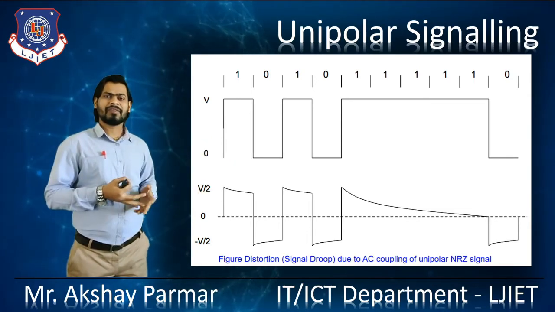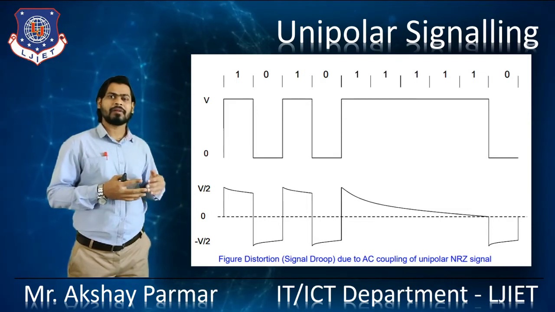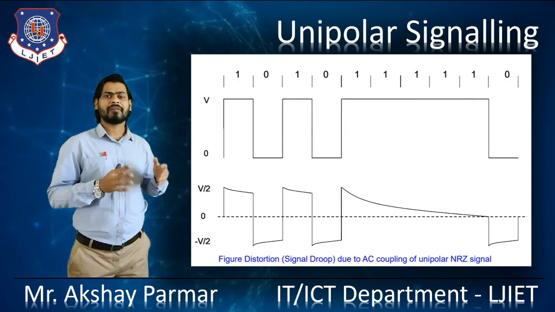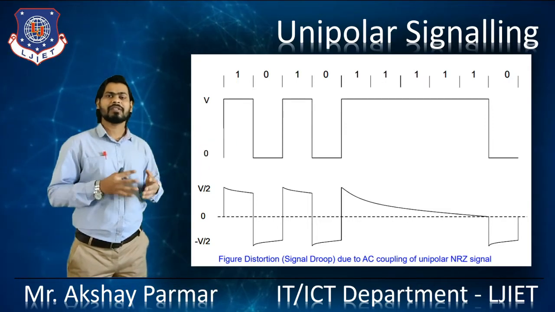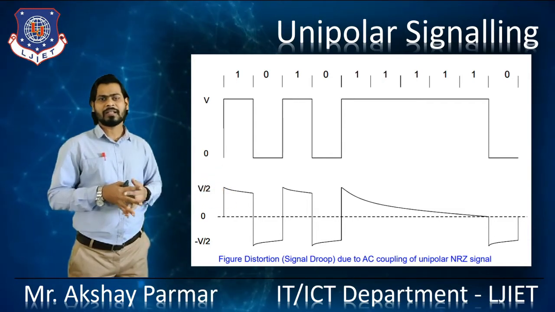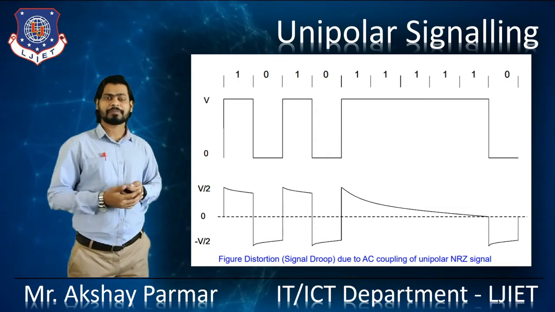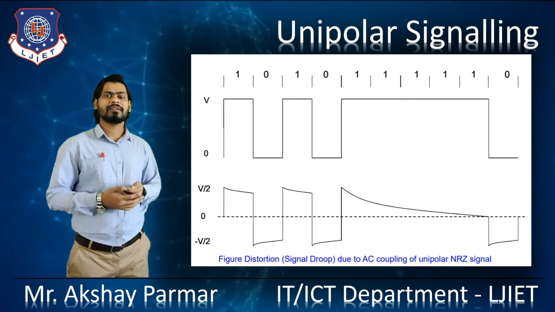Here you can observe in the figure that this is the data loss, right? If we have a similar kind of frequency of one particular bit, here in this figure we have a series of 1s, right? So after reaching that level, it is decreasing its amplitude, right? So that's how it is losing its power.